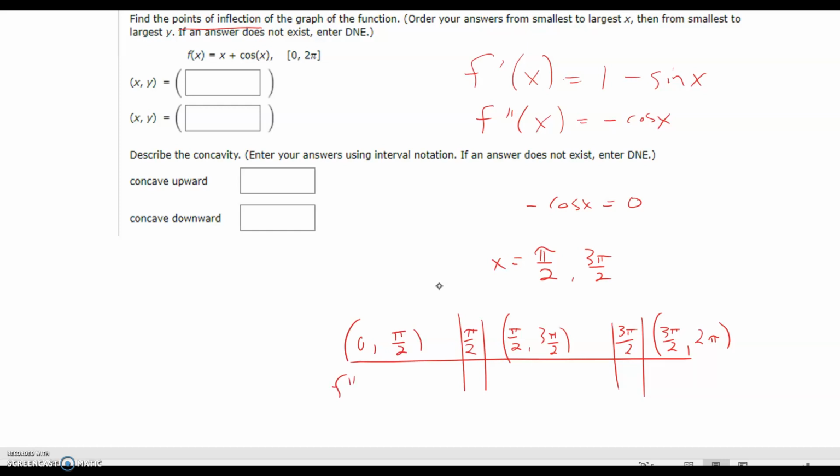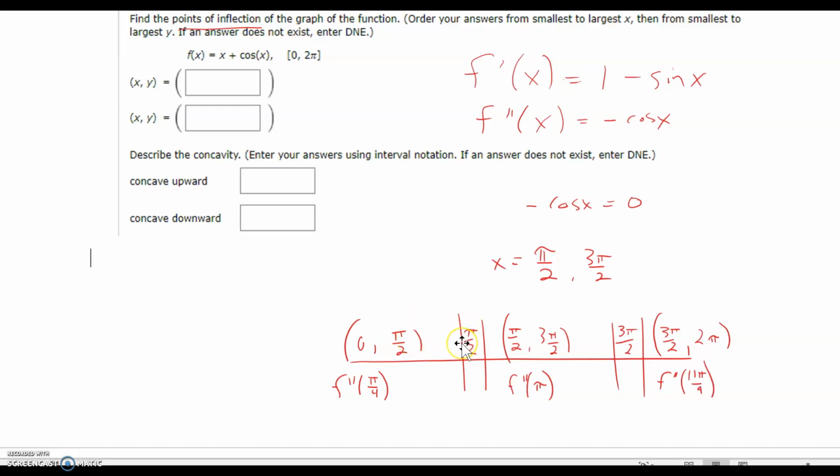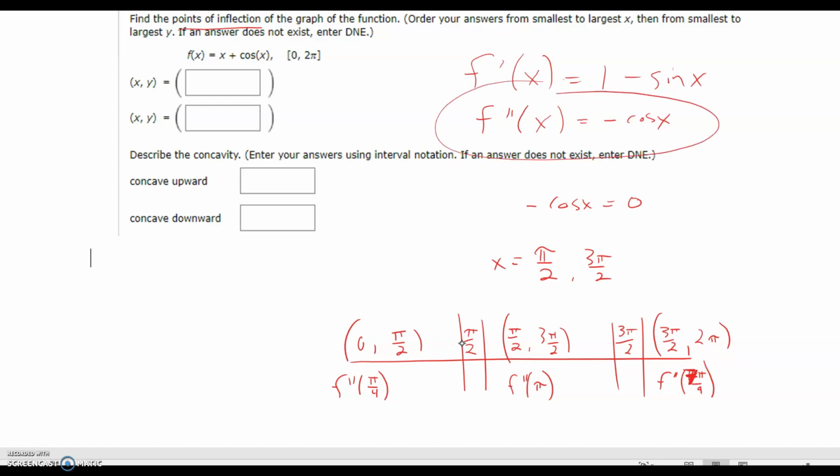And then test values for the second derivative. Pi over 4 is probably a good choice for this one. Pi is probably a good choice for this one. And we got a small interval here again. So I would say, what, 11 pi over 4? No, that's not what I meant. I meant 7, almost 2 pi, right? 7 pi over 4, that's in quadrant 4. So if I plug that into my second derivative,